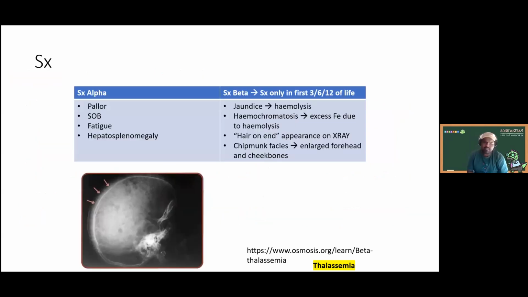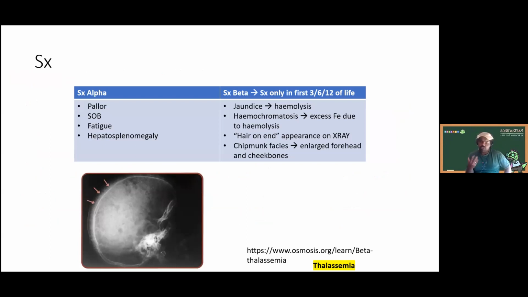So in terms of the symptoms now for alpha and beta, the symptoms for alpha are very similar to iron deficiency anemia, except there's a hepatosplenomegaly. So again, differentiating that from something like a leukemia-like picture would be on peripheral smear. And then symptoms of beta